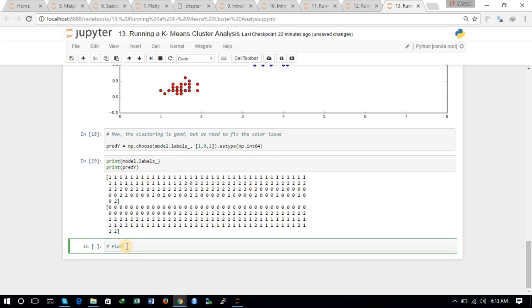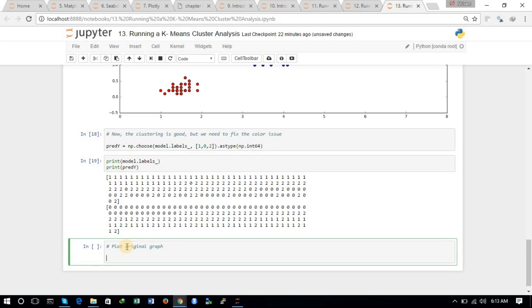So plt.subplot, we will be plotting both of the graphs on the same line, on the same cell. So plt.subplot(1, 2, 1),